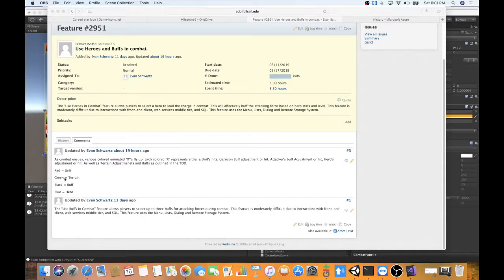So we've got a color coding set of X's here. As the green X's pop up, that's the terrain. The red X's are the unit hits themselves. Black X's are any effects of buffs. Now, since you can have up to 3 buffs, those buffs are aggregated together, so you get a single X